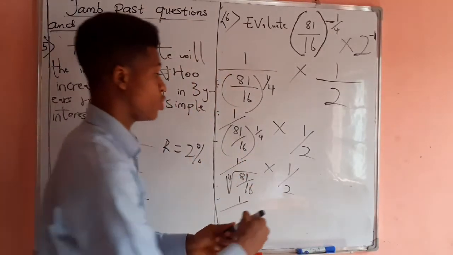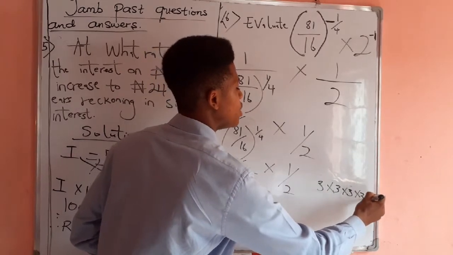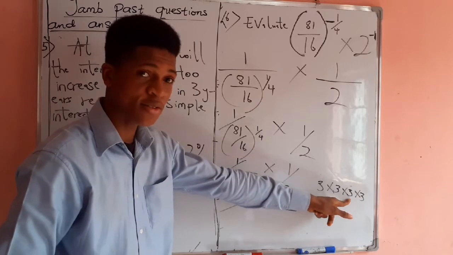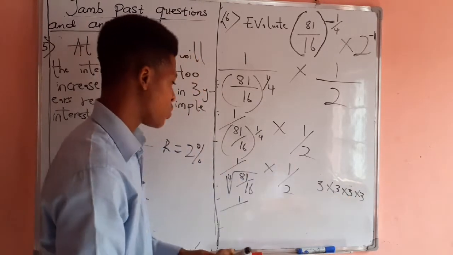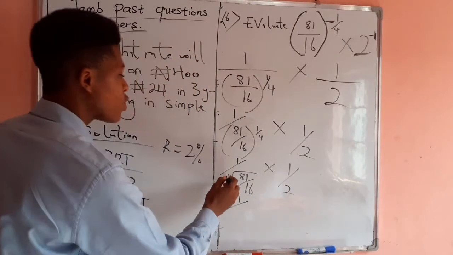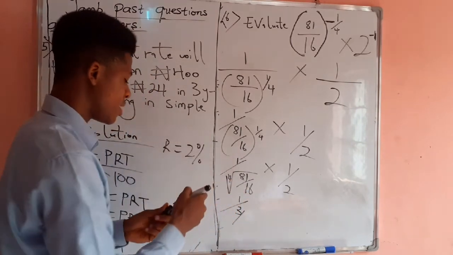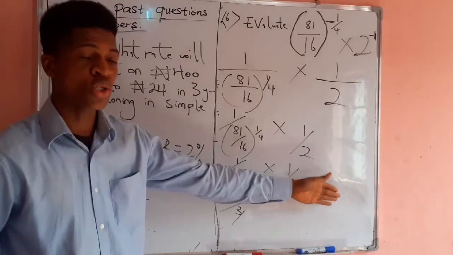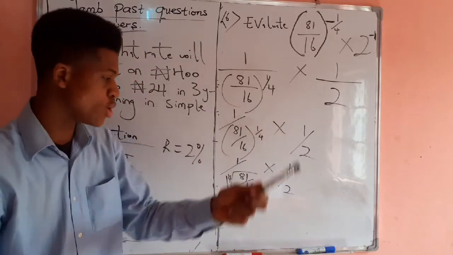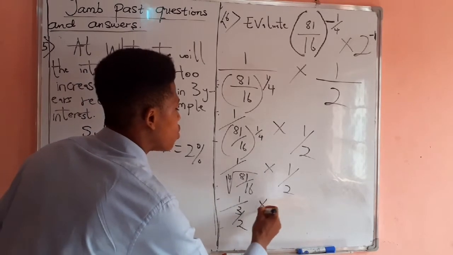Now let's move over to 3. 3 times 3 times 3 times 3. 3 times 3 is 9. 9 times 3 is 27. 27 times 3 is 81. So of course we know that this is correct. So the 4th root of 81 is 3 over the 4th root of 16, which, as we have just done, is 2, because 2 times 2 times 2 times 2 gives us 16. So we say over 2 times